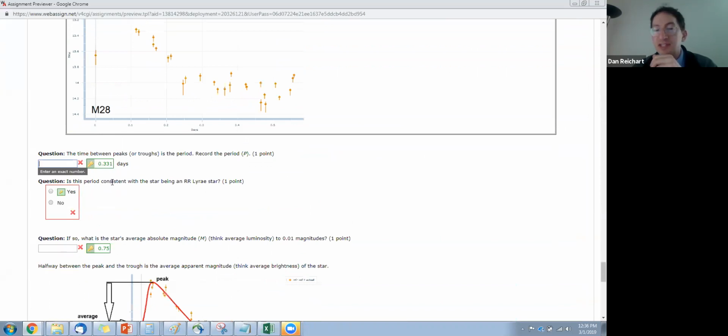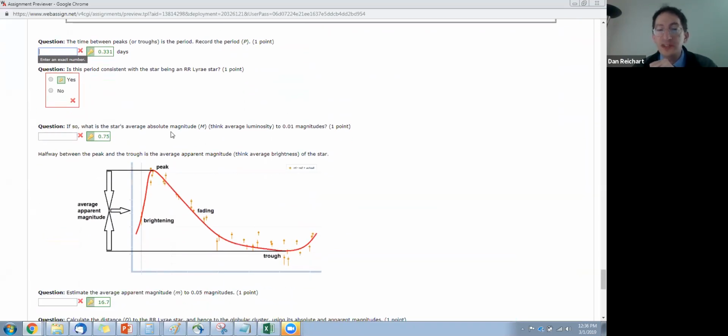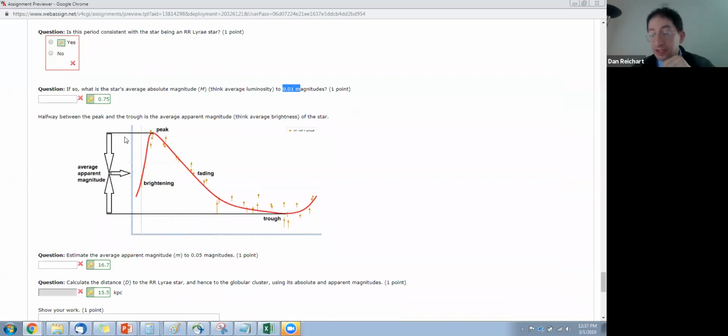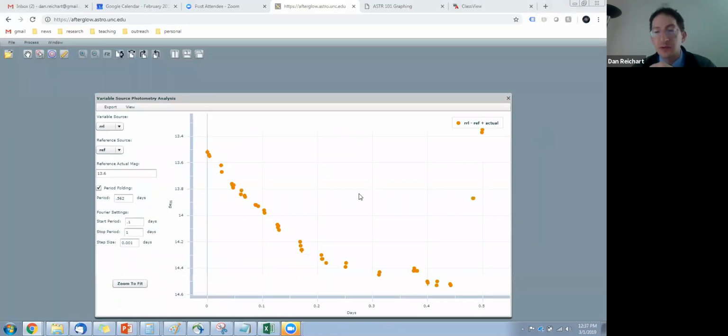Then the question is, is this period consistent with being an RR Lyrae? It's less than a day, so you say yes. If so, what's the star's absolute magnitude? Think luminosity, capital M. And we tell them what value to include, and that's 0.75. That's from the background section. All RR Lyrae are 0.75. So they got the luminosity. Now they need to measure the brightness or the apparent magnitude. And for that, we're taking the average from peak to trough. So going over here,